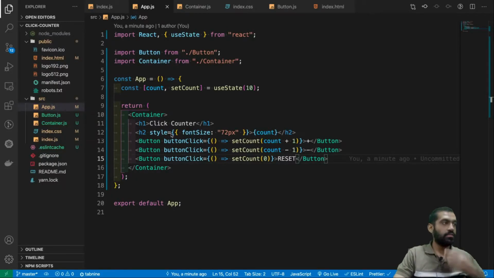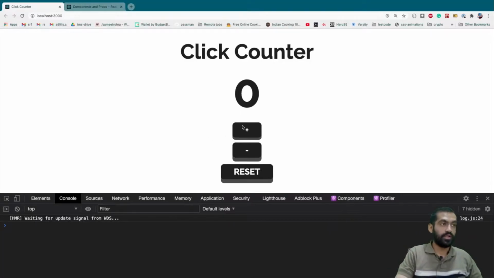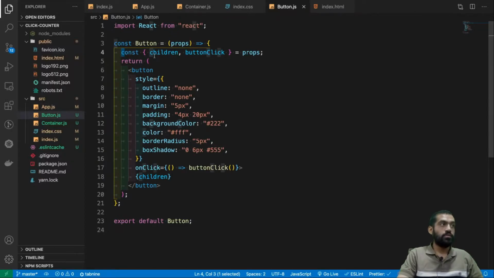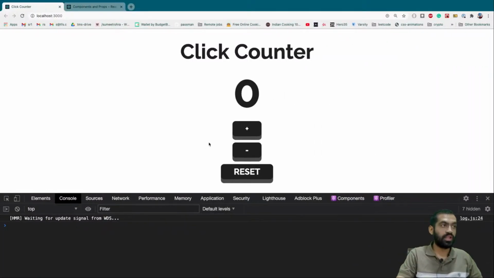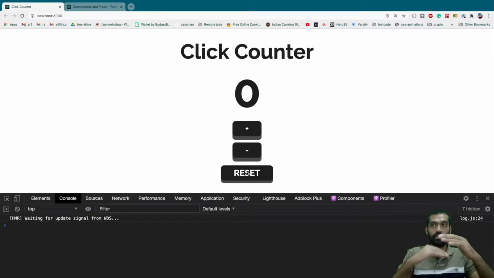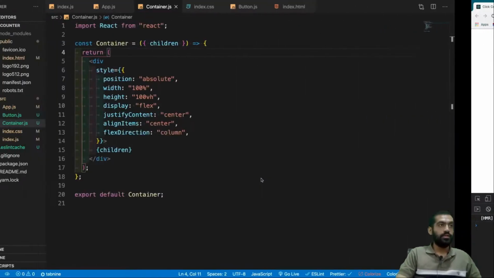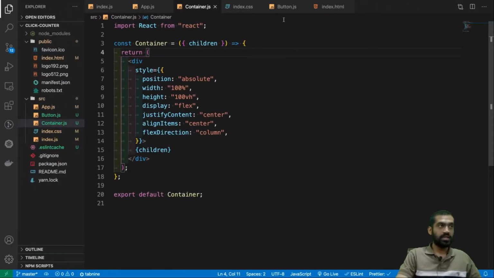So, hey guys, this is where we left at the last video, right? The counter was working. Then we got something as children, button click props, destructuring here, and what we have to do is a lot of refactors now and some styling where these buttons should come alongside each other and the reset button is below these two buttons. So basically the plus will be here, minus button will be here, and reset button will be down below, right? But here are a few more things that I don't like here.